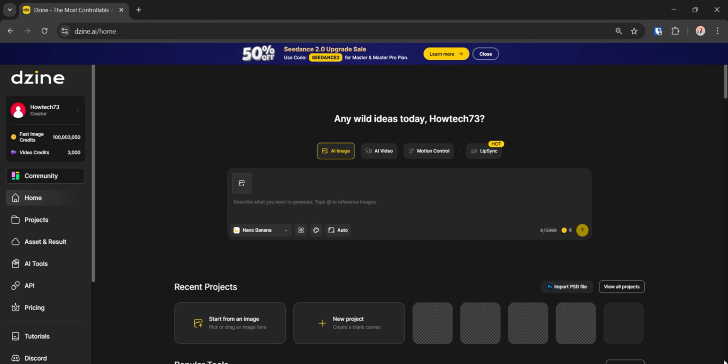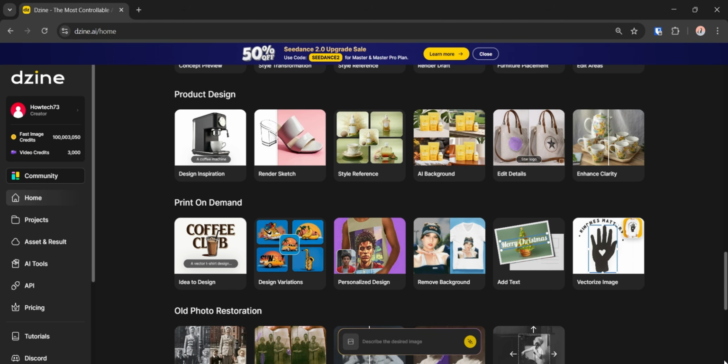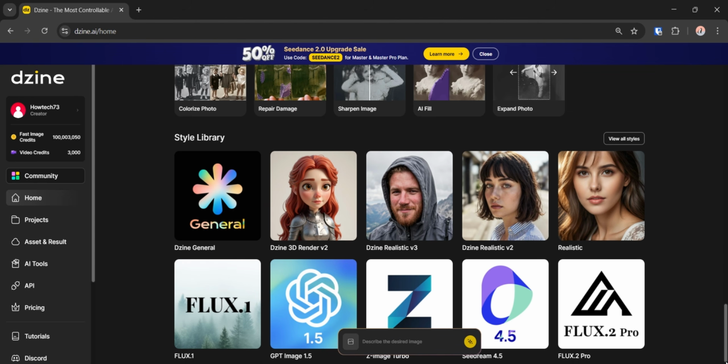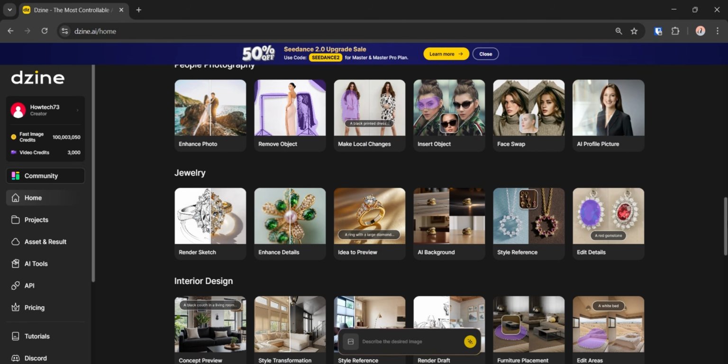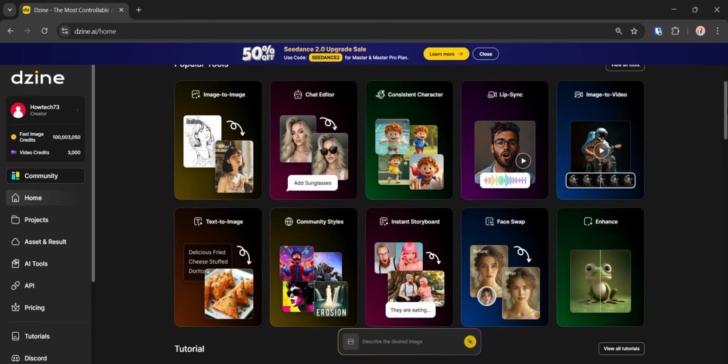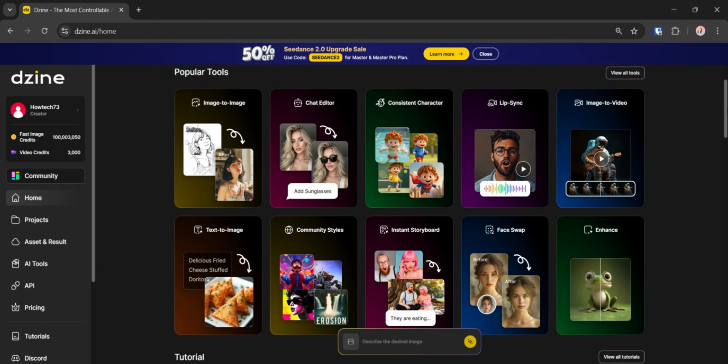Overall, this experience clearly shows how Dzine AI keeps everything in one place and streamlines the entire creative workflow. From generating realistic videos and adding synchronized voices to building consistent characters and editing within the same platform, every step is optimized for speed, quality, and ease of use. The detailing, the control, and the output quality are truly top-notch, making it one of the most powerful AI creative